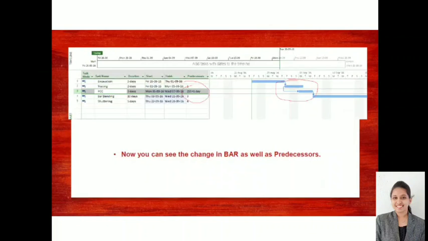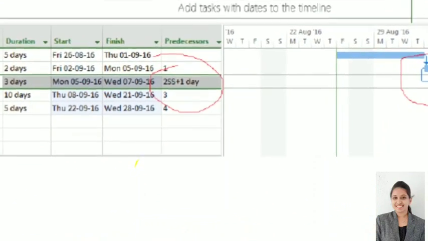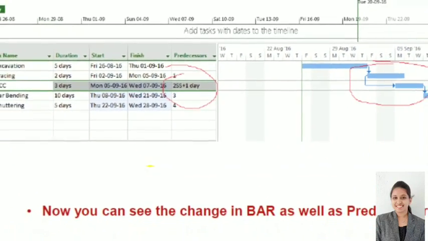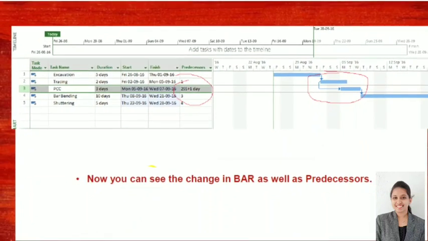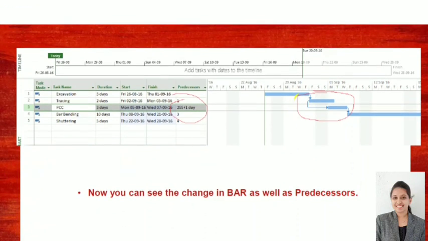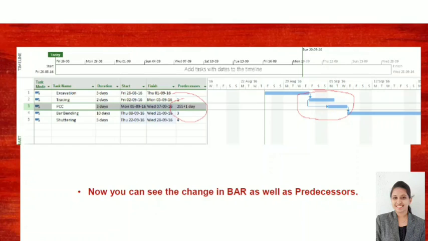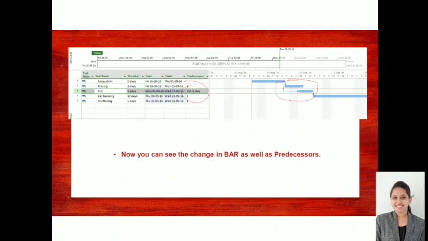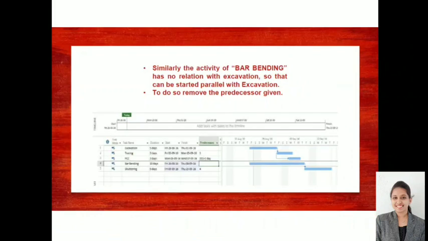It is taken as start plus 1, and you can also see how the corresponding bars have changed. The relationship established is that this activity starts, and then the other activities continue. Similarly, you can see the change in the bar as well as the predecessor. I hope you understood how exactly it works.